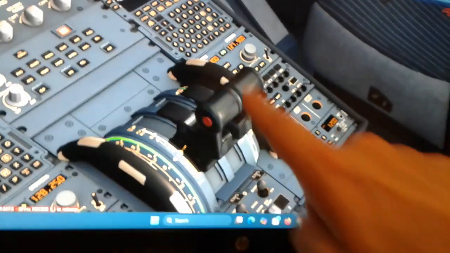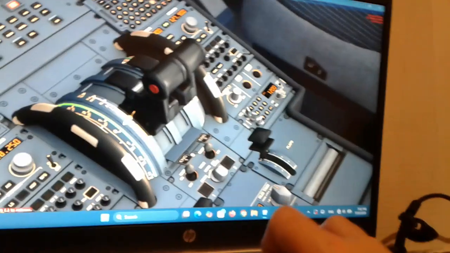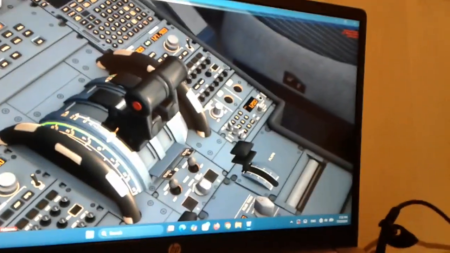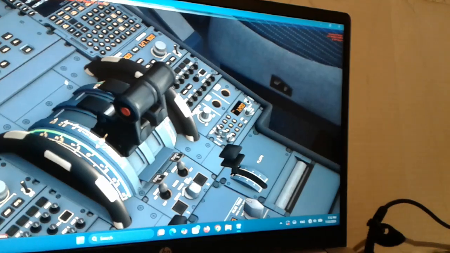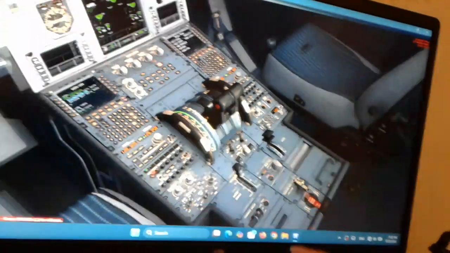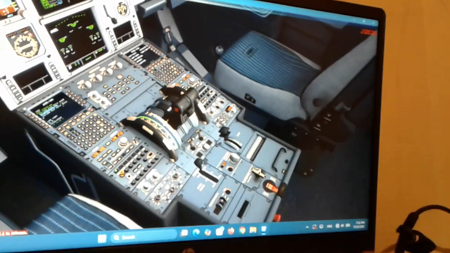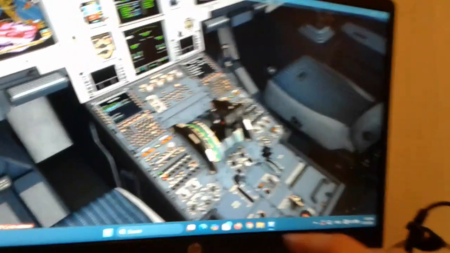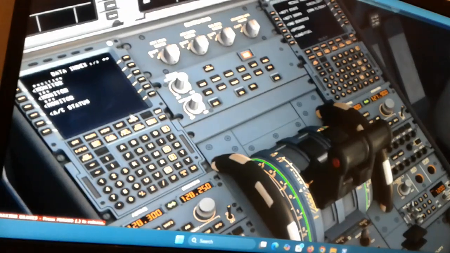You can see the thrust levers that I told you here, the stabilizer trim position. So to enter the flight plan, the data over here, the flight management computer,